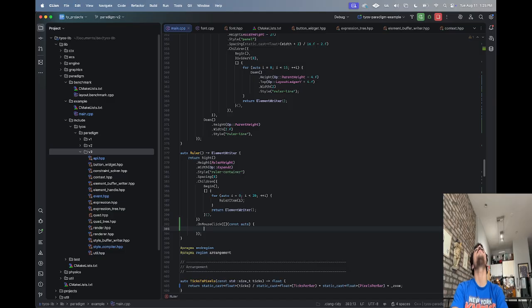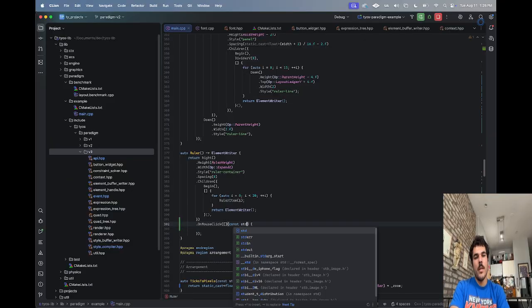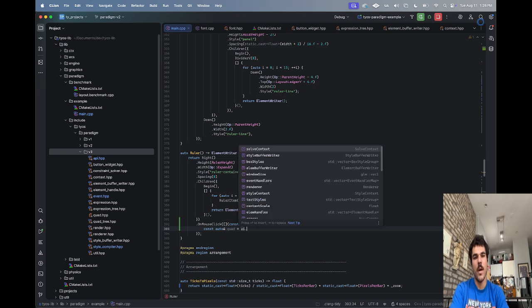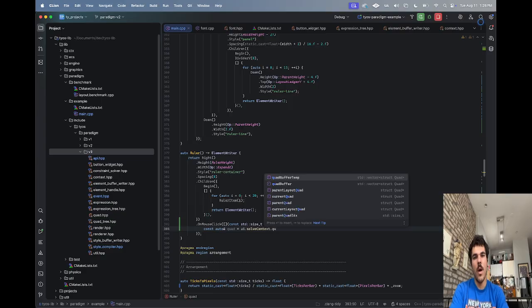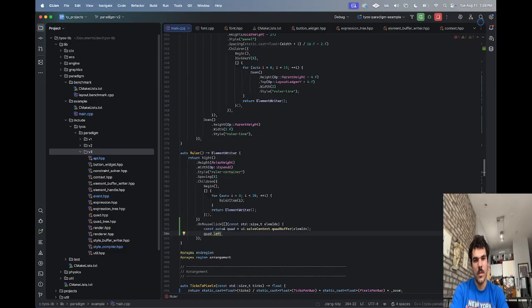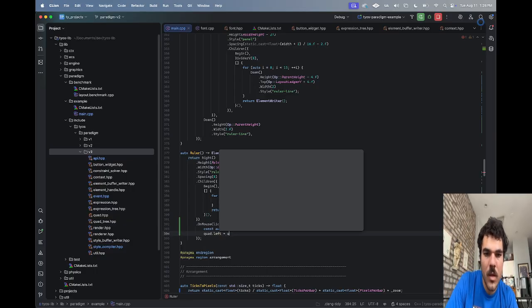What do we want to happen? We wanted to say, oh wait, I guess we probably do, we want a const size_t lmidx, and then we say const auto quad equals ui dot solve context dot quad buffer lmidx, quad dot left plus last. I guess we don't store last click position, so